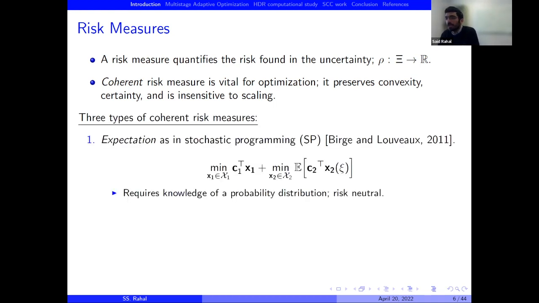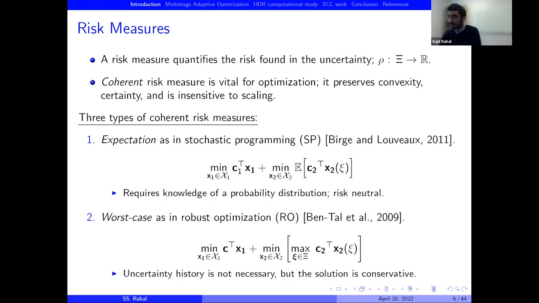The three main types of coherent risk measures that I worked with are, first, the expectation measure, which is used in stochastic programming. Basically, we are minimizing the expected second stage cost. It requires the knowledge of the probability distribution, and it is risk neutral. So basically, it does not give any feedback about the extreme cases of your decision-making process, which may end up being very important,